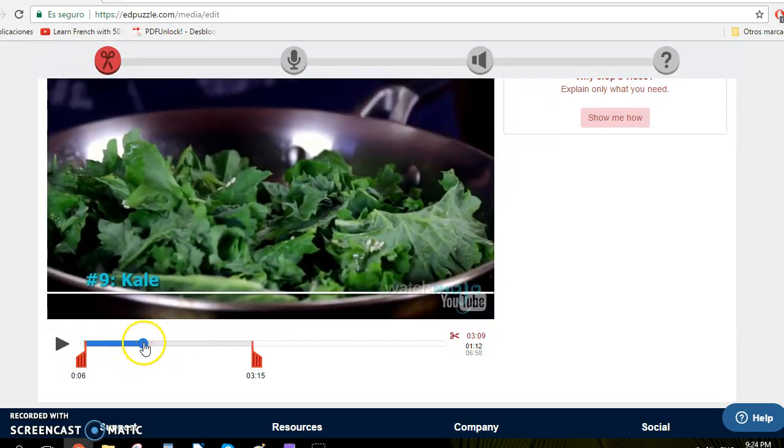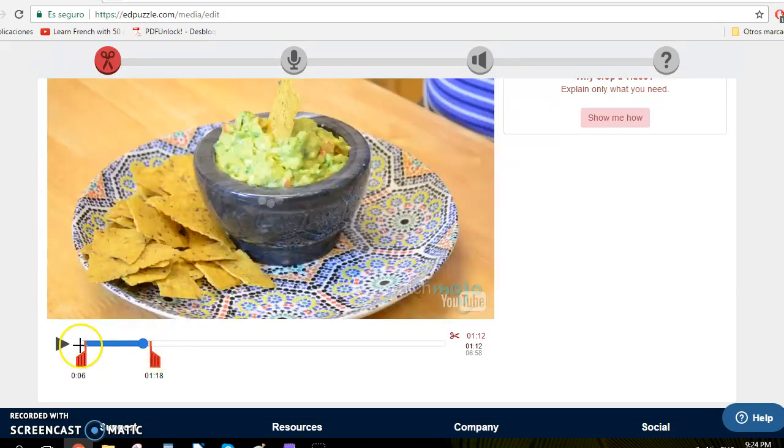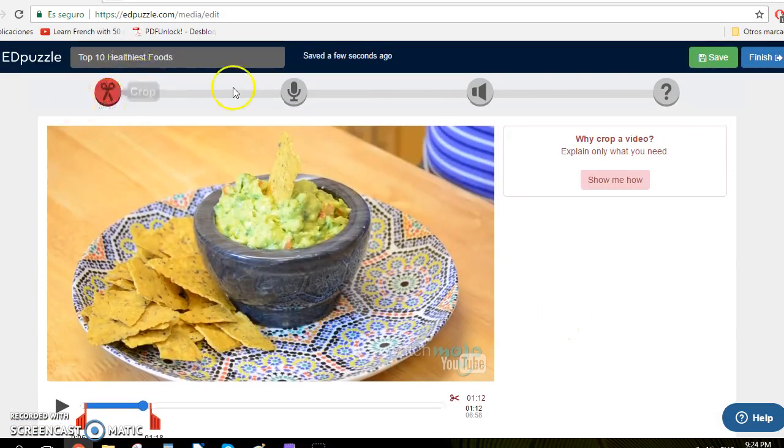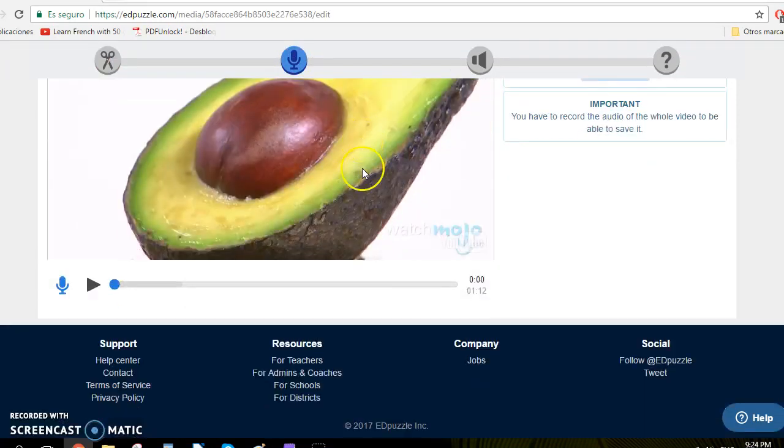And then we see that the avocado video ends over here in kale. We select this place and we do crop. That's all. We can move to audio track. Audio track,